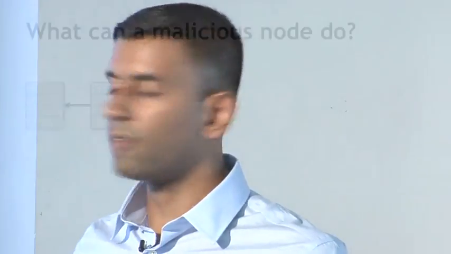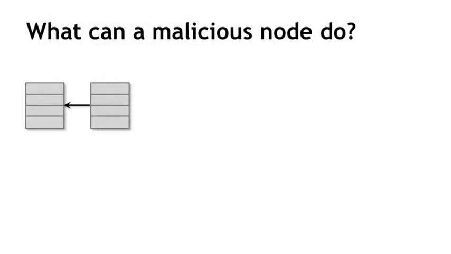Here we have a couple of blocks in the blockchain. Assume that this extends to the left a long way back, all the way to what is called the genesis block. But here I'm only showing you a couple of blocks. And that pointer that you see over there is a block referring to the previous block that it extends by including a hash of that previous block within its own contents. So a malicious attacker, let's call her Alice. What might she try to do?